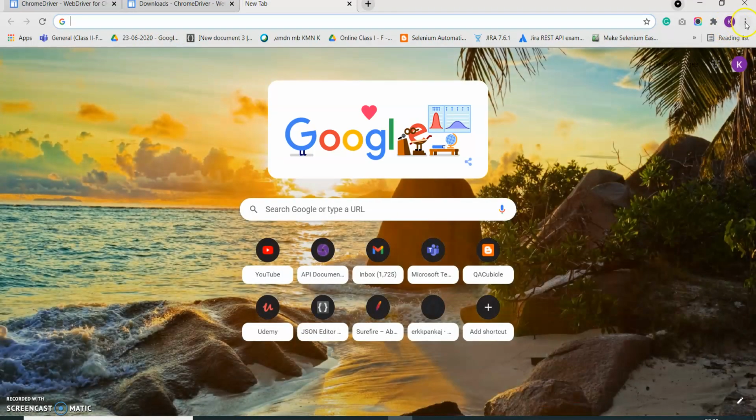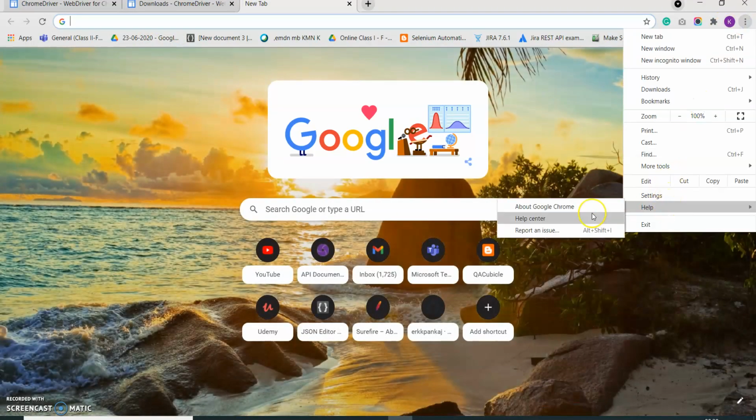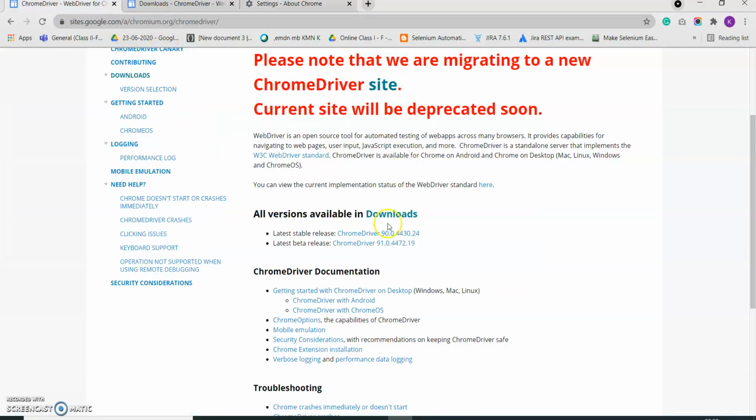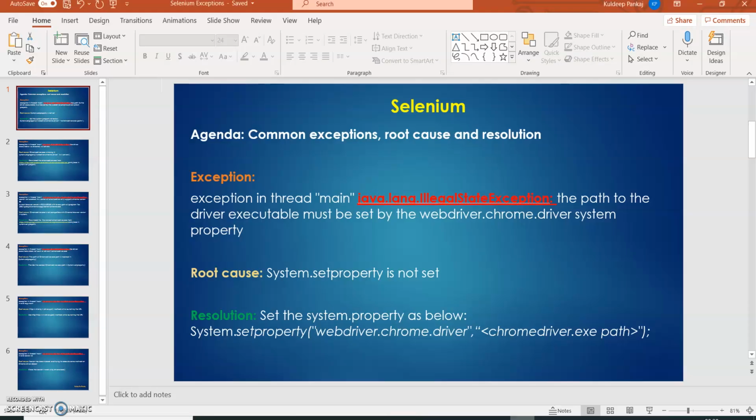So you just need to go and check what your version of Chrome is. Okay, so mine is version 90. So that's why I need to download this one, the latest stable release, that is for Chrome browser 90. Okay, so just take care of it. Okay, and now we will replicate this issue.